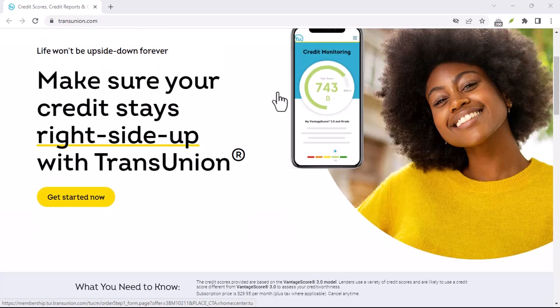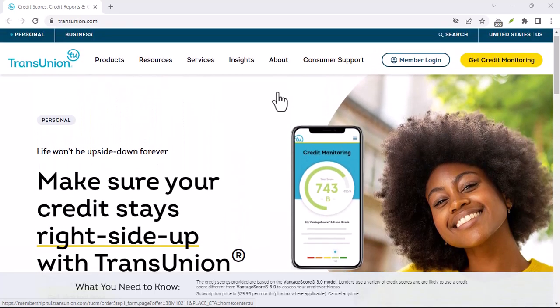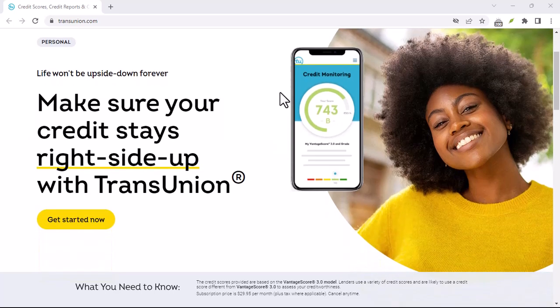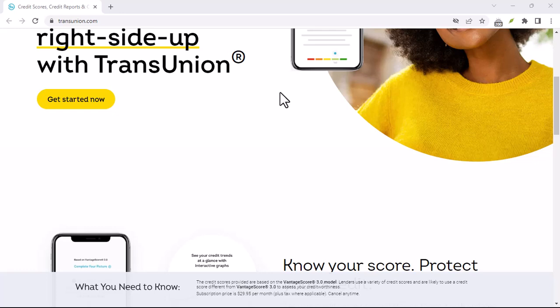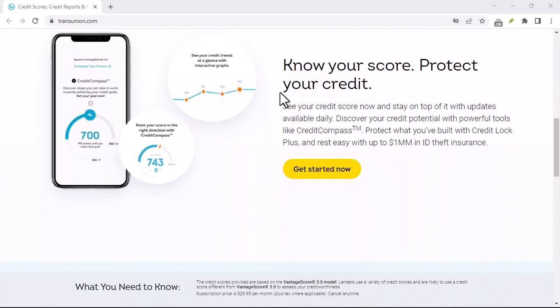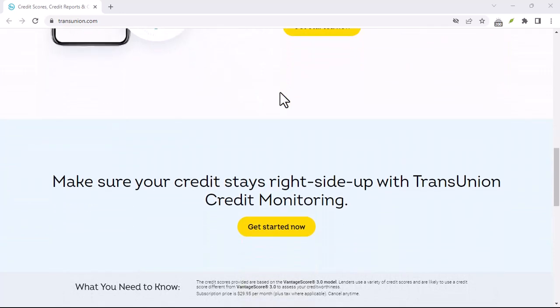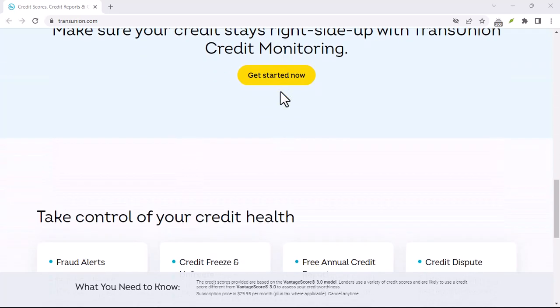Additional tips. Gather information. Before contacting TransUnion Canada, gather all relevant information about your credit report, including any disputed items or specific questions you have. Be patient. The process of resolving credit disputes can take time. Be patient and follow the steps provided by TransUnion Canada. Monitor your report. After contacting TransUnion Canada, continue to monitor your credit report regularly to ensure that any errors have